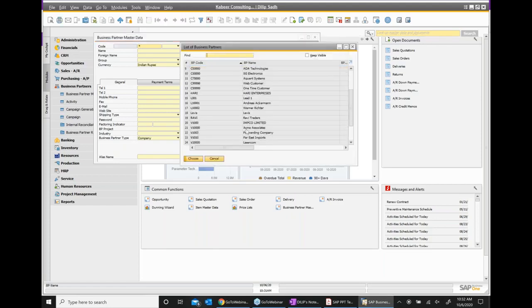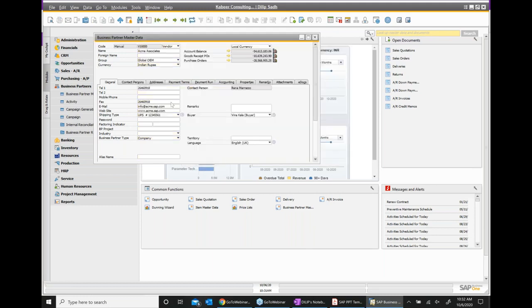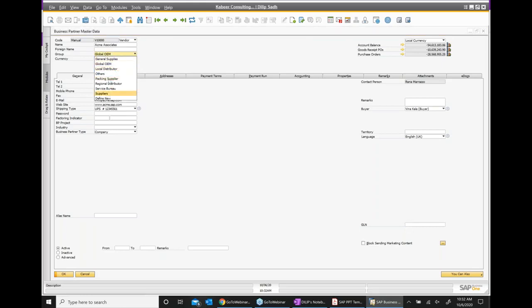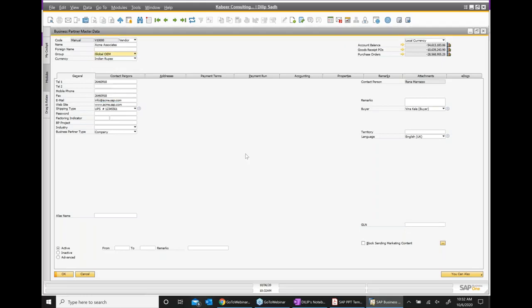So you can do it on both sides. If you see here, there is a customer group and there is also a vendor group. You can define as many different kinds of vendor groups. So you can have a customer group, a vendor group, a material group. You can have different groups in SAP.